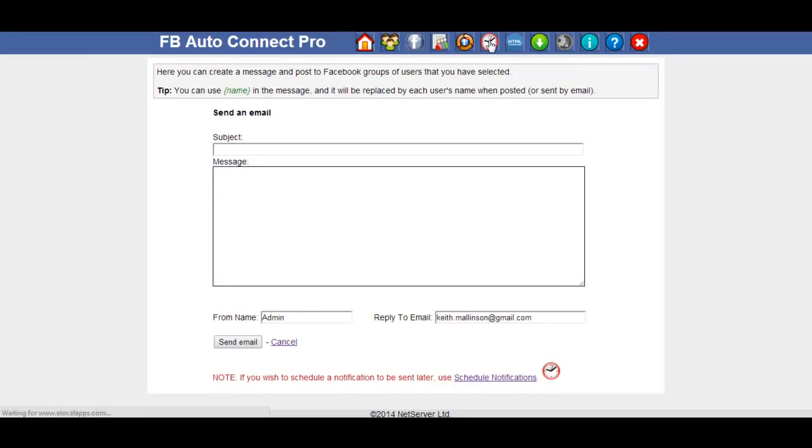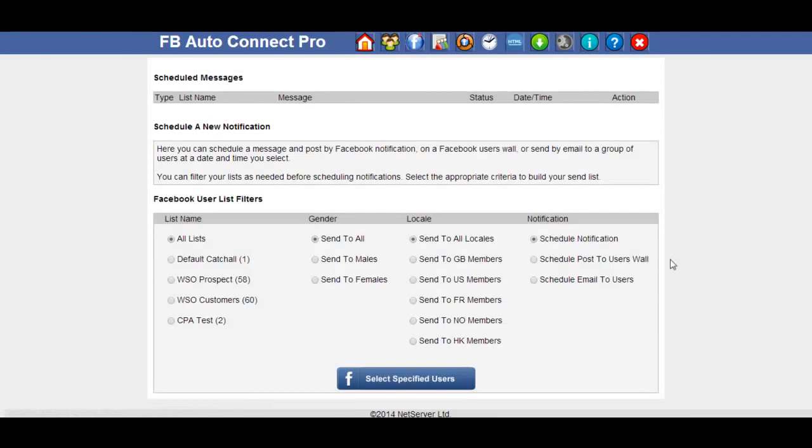So we click on the schedule notifications button at the top on the menu bar. It takes you through to a similar type of field where we choose the list, we choose the gender, the location, and whether they want to send a notification, post to their wall, or schedule an email to users. So for example, I'm going to schedule a notification. Again, select the button at the bottom,